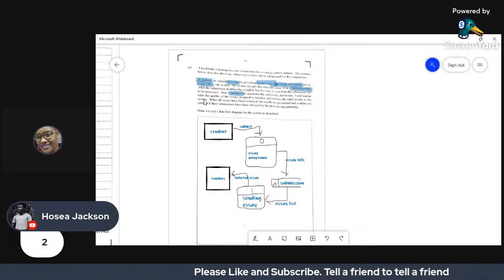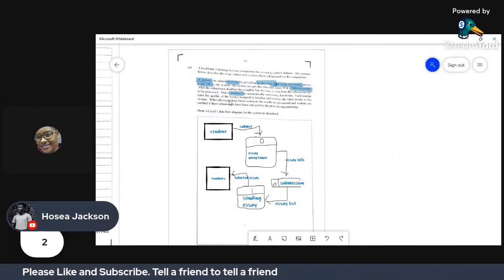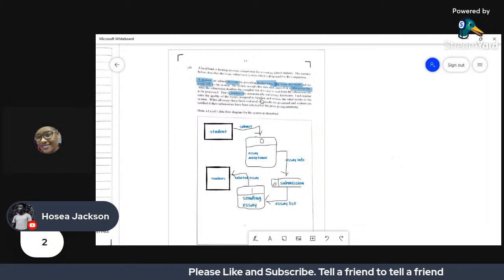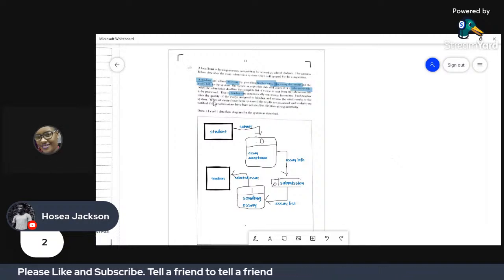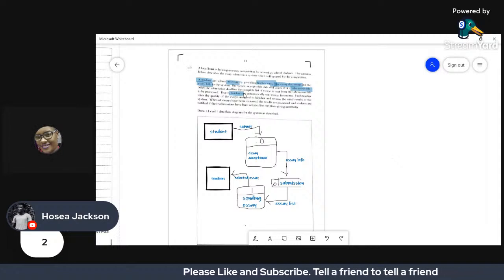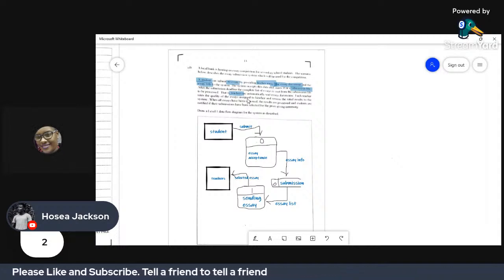Each teacher rates the quality of the essay assigned to him or her and returns the rated results to the system, right? Which means now that we need to create a different process, which is going to be the whole review and assignment of the grades for the essay.